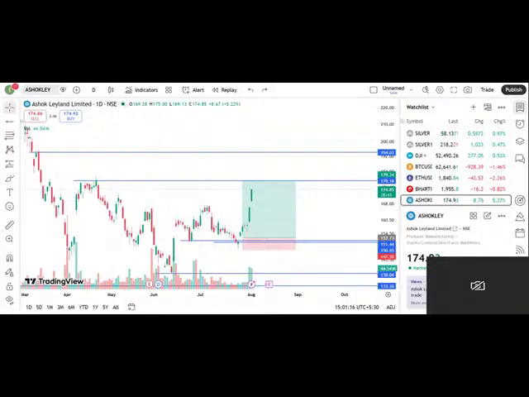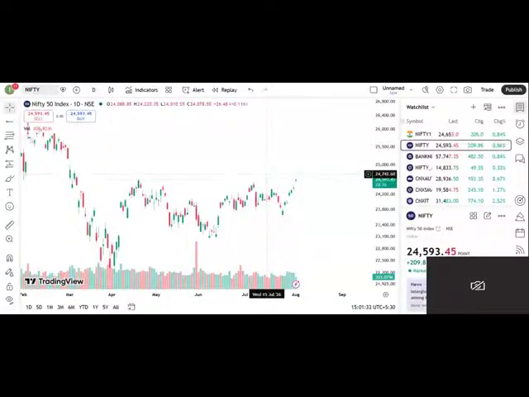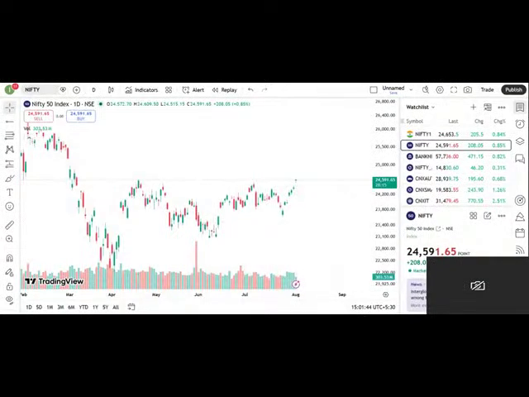These are the things that you need to understand. Let's understand about the Nifty for a minute. So this is Nifty. Okay, let me show you the same thing in Nifty as well. See what happened. So this would be the